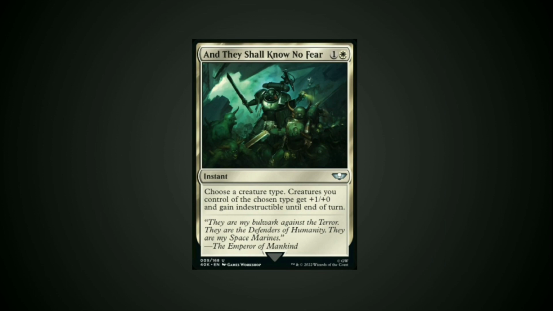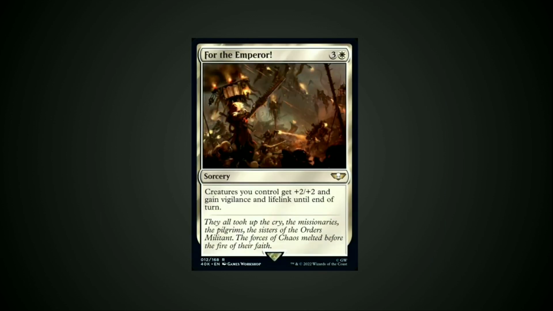Possibly the most popular catchphrase of the Space Marines, And They Shall Know No Fear. 2 mana instant, you choose a creature type, and creatures you control of the chosen type get +1/+0 and Indestructible until end of turn. For the Emperor, a 4 mana sorcery that gives creatures you control +2/+2, Vigilance, and Lifelink